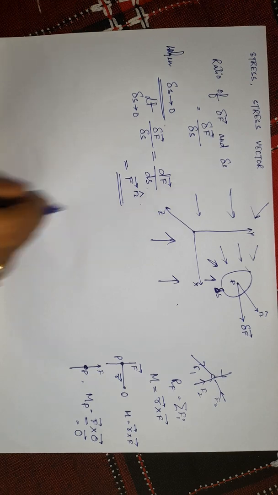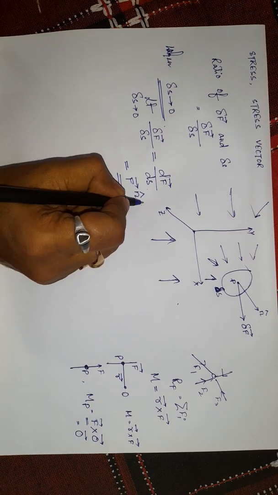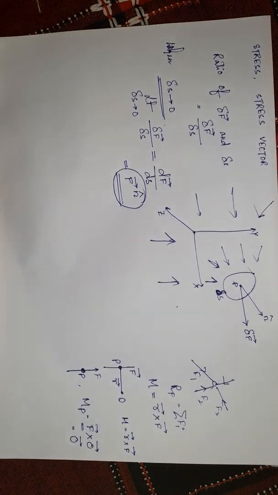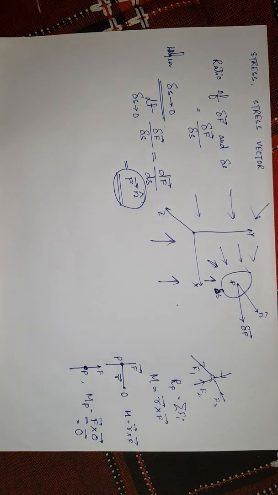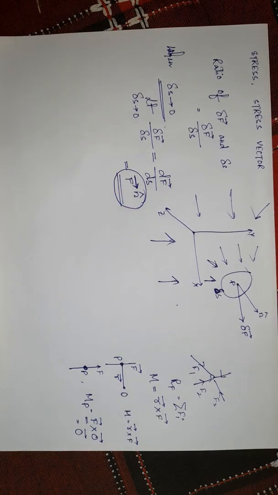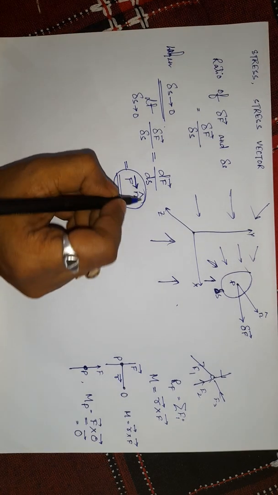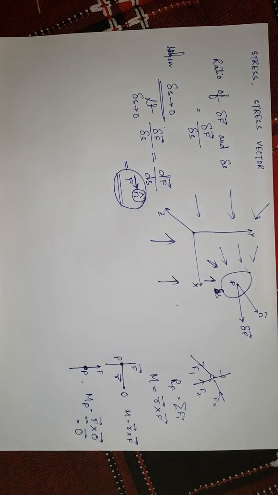Now this is called the stress vector. Now you see, in this quantity, two vectors are associated. One is the direction of the force, the direction in which the force is applied. And another is this n cap. Now what is this n cap? This is the orientation of the surface.